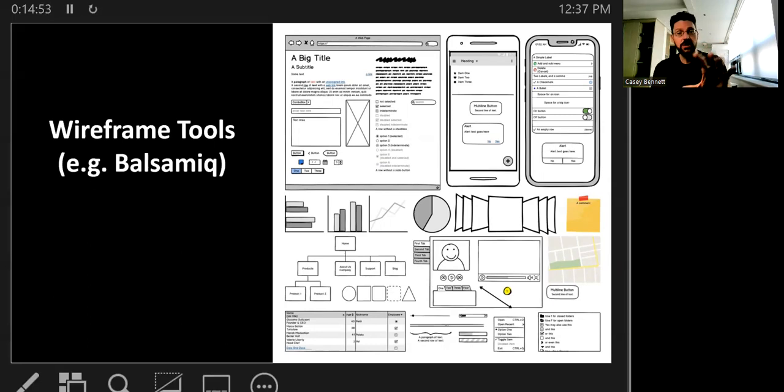You can create really cool sketches of things, these wireframes, and you can create websites, smartphone apps, different kinds of visualizations, graphs, interfaces. What's cool about it is you can mock these prototypes up, and they can even be kind of interactive, where you can put buttons on certain screens, and when you click the button, it'll go to the next screen.